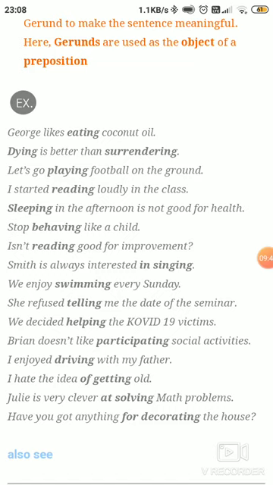I hate the idea of getting old. I hate the idea to get old. Julie is very clever at solving maths problems. Julie is very clever to solve maths problems. Have you got anything for decorating the house? Have you got anything to decorate the house?